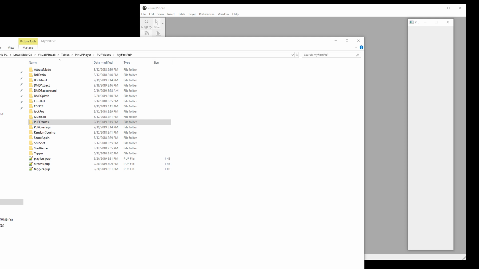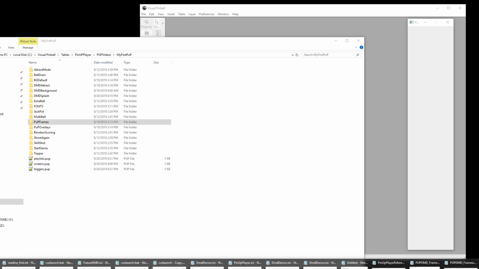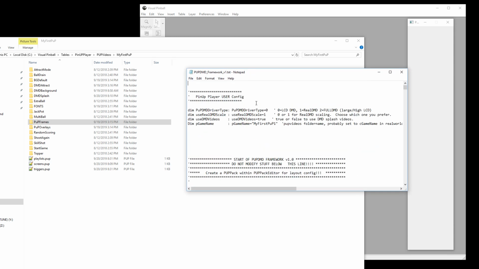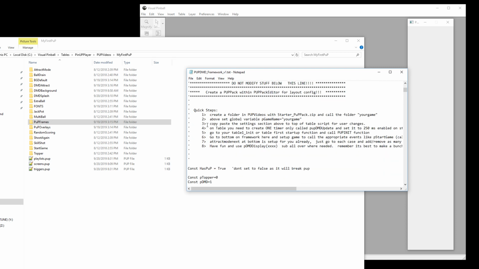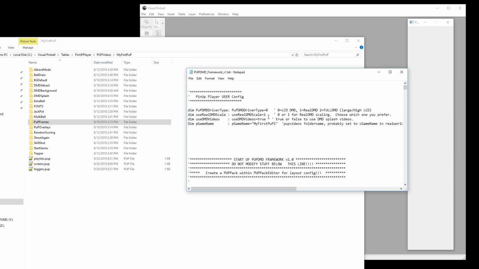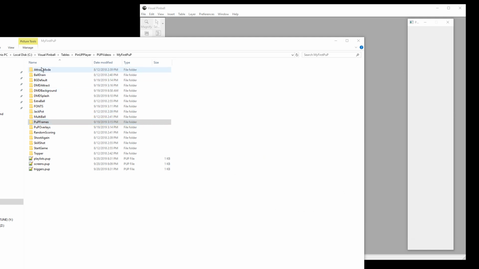So what we're going to do is I'm going to have a zip there. The zip will have, of course, the actual framework. It's one text file that you're going to copy and paste into the table script, and it has little quick steps here. But yeah, you're going to have that, and you're going to have, let's call it, the starter pup pack for this DMD framework. You have to be familiar with pup packs to get all this, but in general,